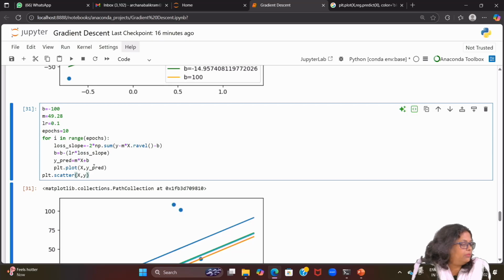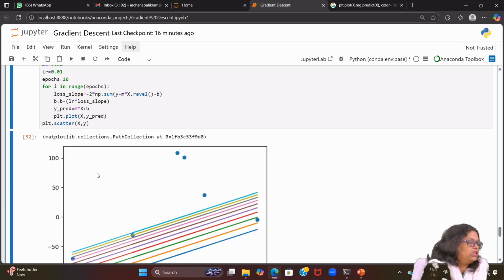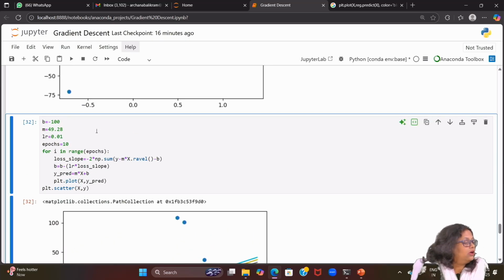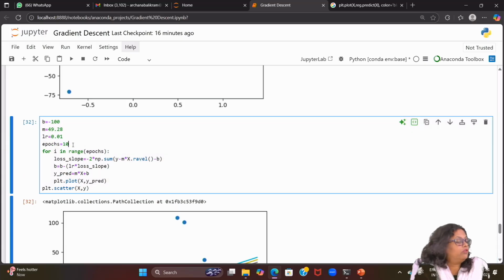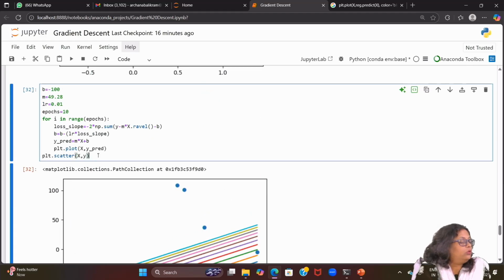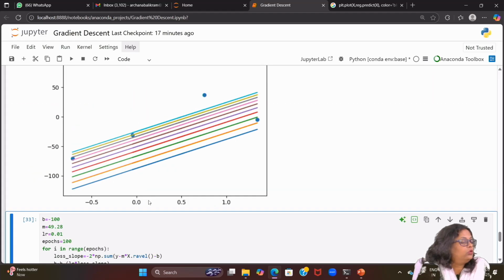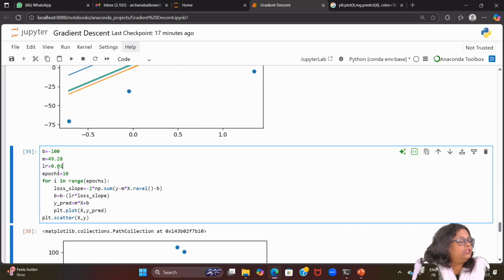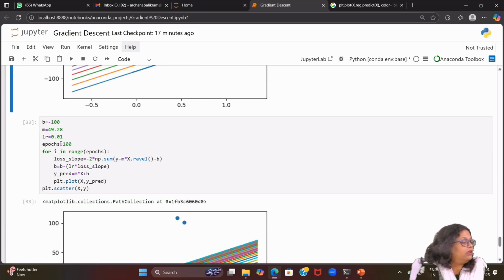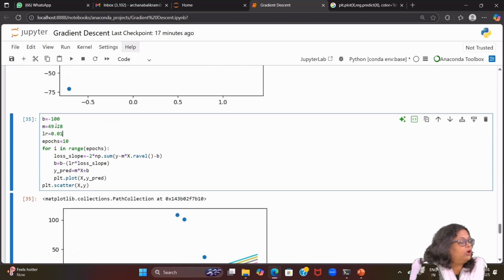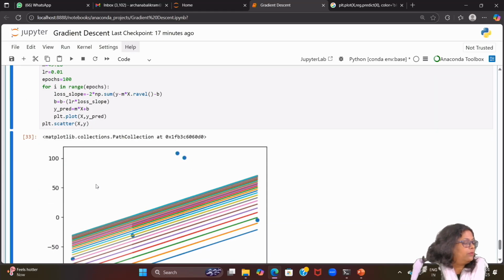So the code I have written, and then what we can do, we can check this. Okay, so here epochs we are doing this iteration for 10. Learning rate we have changed to 0.01. So you can do that one, and you can see here only 2 times we did it. Here the learning rate is 0.01. In this line of code, learning rate we have 0.01, but epochs, that is nothing but iteration, 10 times, we wanted to iterate 10.